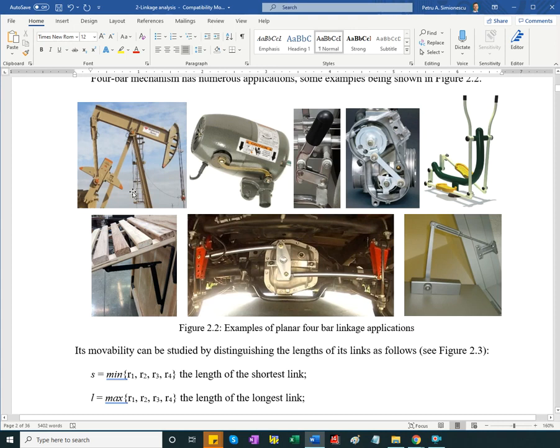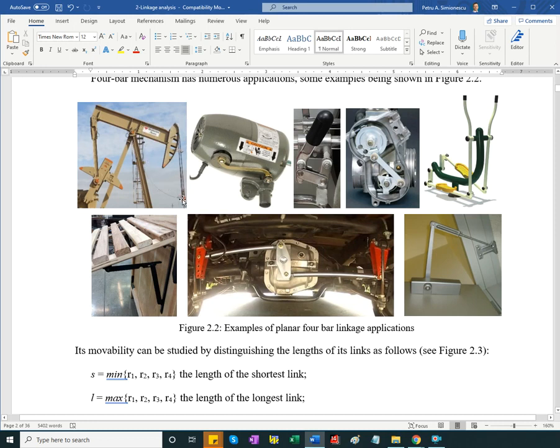I'm not pumping oil. And I want to know what would be the lowermost and uppermost positions of the horse head, so that I can size the pump itself and the length of the wrapping cable, the stroke, the angle between the lowermost and uppermost positions of the walking beam. This is called